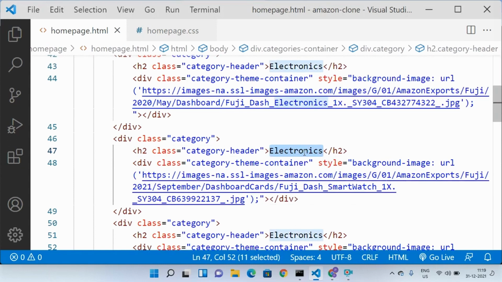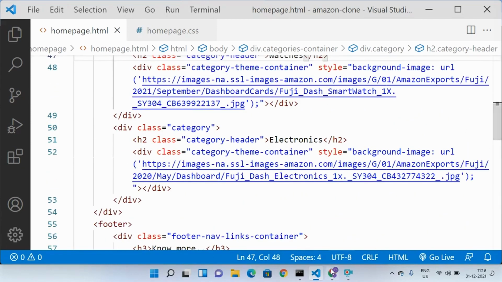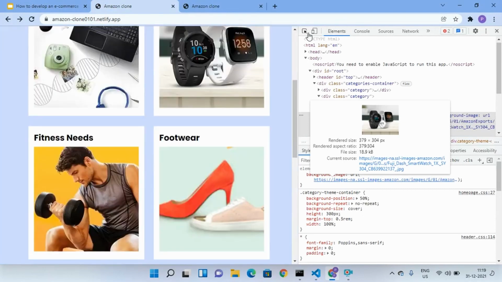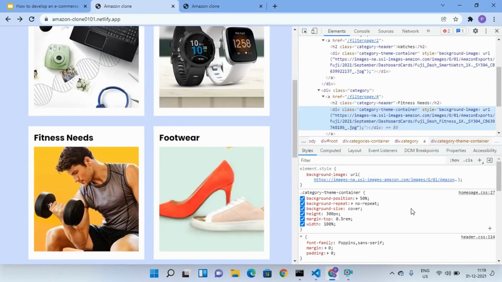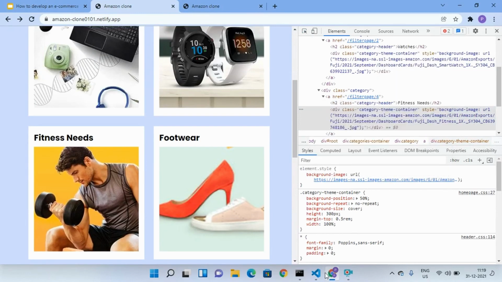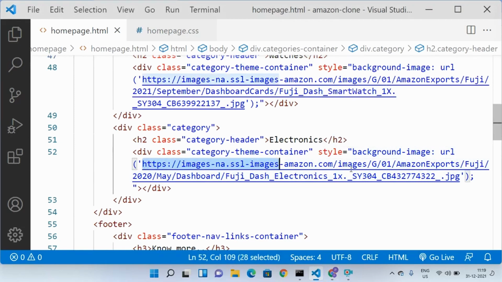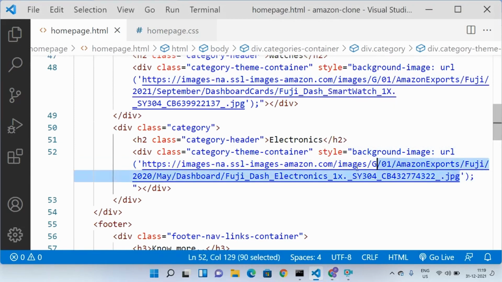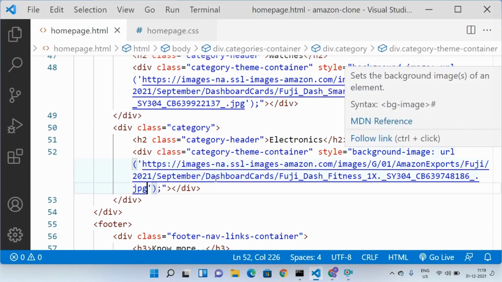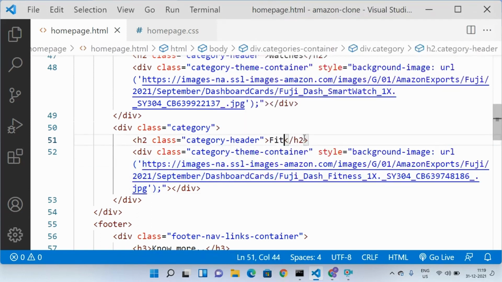And let us rename this to watches. And let us grab one more image, which is fitness needs. Let me copy the link address and paste it here. And let us rename it to fitness needs.